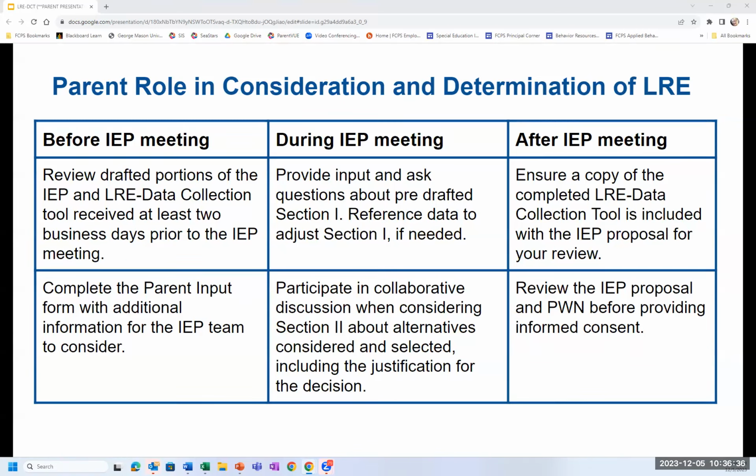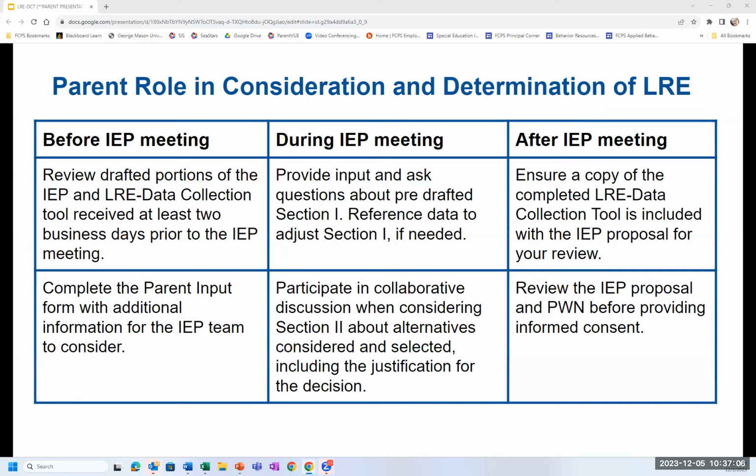During an IEP meeting, families or parents could provide input and ask questions about the pre-drafted Section 1, reference data, and adjust Section 1 if needed. Also, parents can participate in that collaborative discussion when considering Section 2 about alternatives considered and selected, including the justification for the decision.